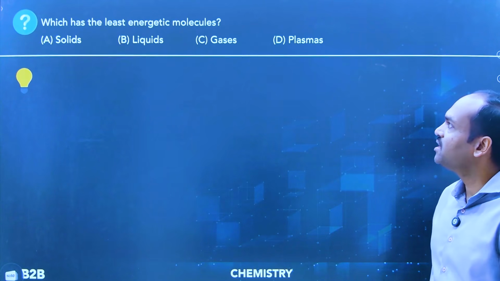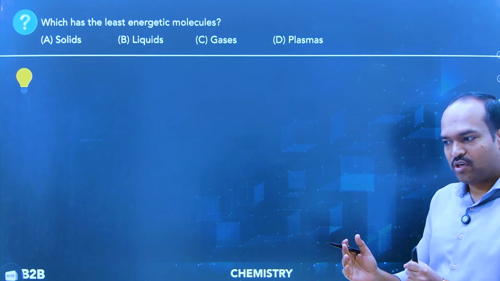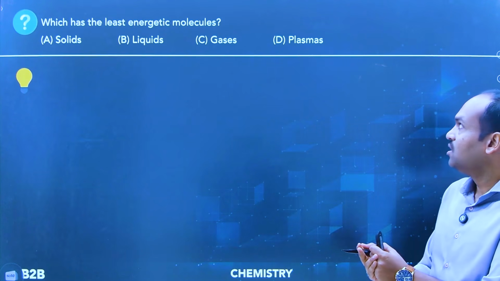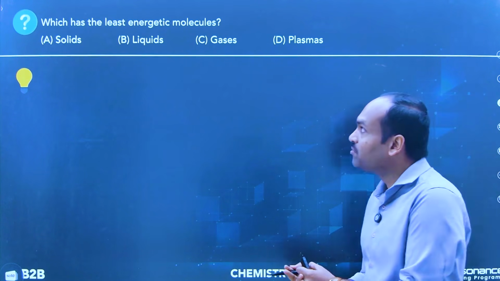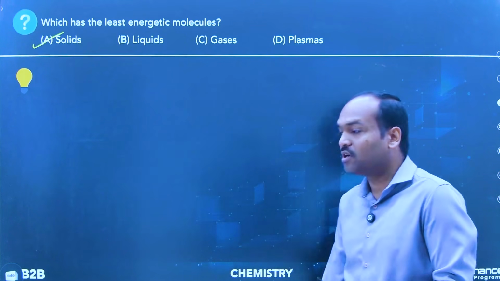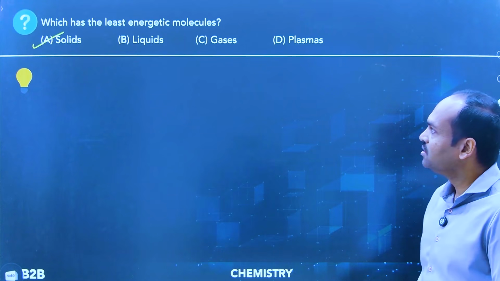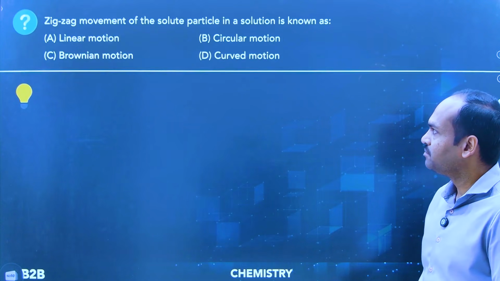which has the least energetic molecules? Least energetic means the intermolecular force of attraction is very high. So we will say the least energetic molecules are in the solid state, because very strong intermolecular force of attraction is present. Okay, then next,